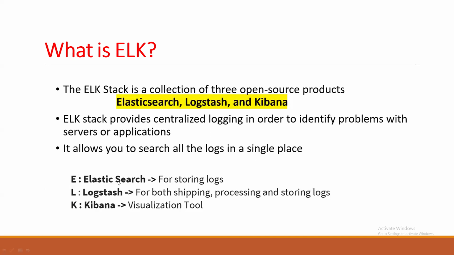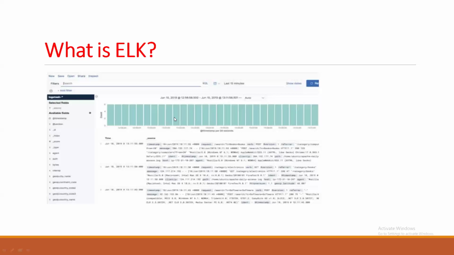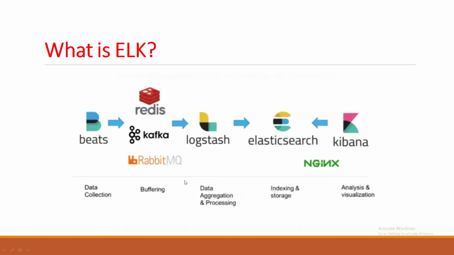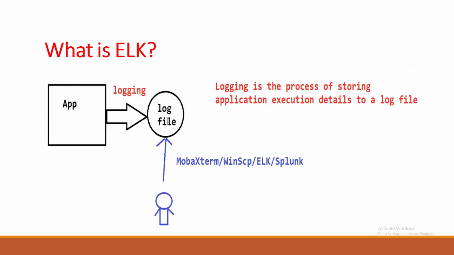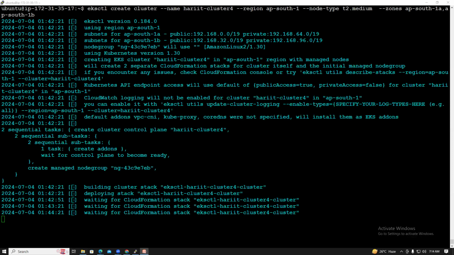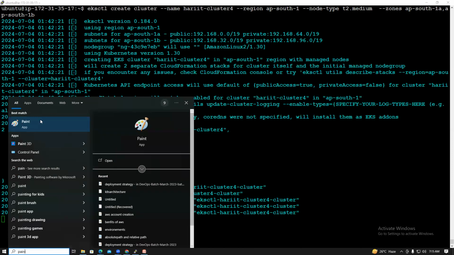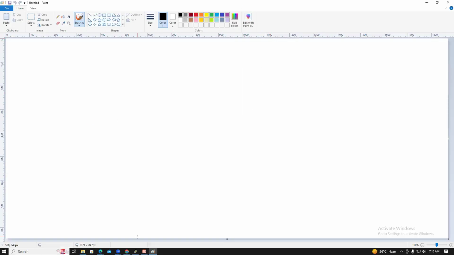These are the three open source products. One is Elasticsearch, the other one is Logstash, the other one is Kibana. E means Elasticsearch for storing the logs. L is Logstash for shipping, processing, and storing the logs. Kibana is a visualization tool. So this is Kibana, guys. So what are the logs? For example,